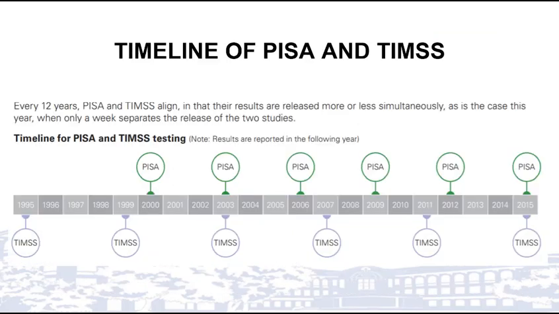We have here the timeline of PISA and TIMSS. So every 12 years, PISA and TIMSS align in that the results are released more or less simultaneously, as in the case of 2015, when only a week separates the results of the two studies. In PISA, every 3 years, students are tested in the program, which examines scientific, reading and mathematical